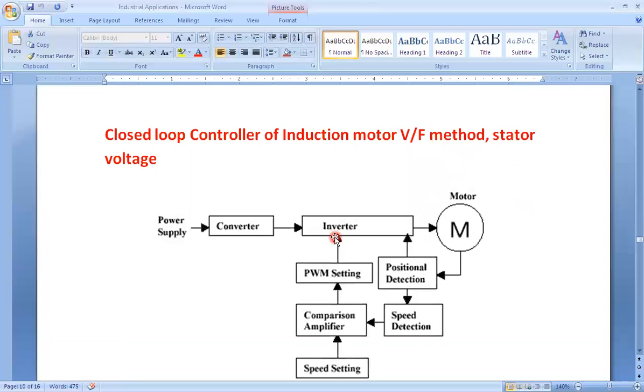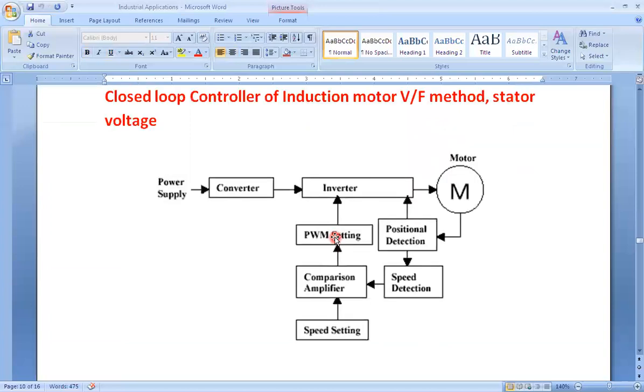So let us consider the simple block diagram of a closed loop control of induction motor. So this is a simple three-phase AC supply or single-phase AC supply, and we need the closed loop control of this induction motor using V/F. Okay, so the input requirement to this motor is our three-phase AC supply at 50 hertz frequency. But to control the speed of the motor, we have to control this V/F ratio, because the V/F ratio must be constant, right? As you know, by reducing the frequency, we have to reduce the voltage.